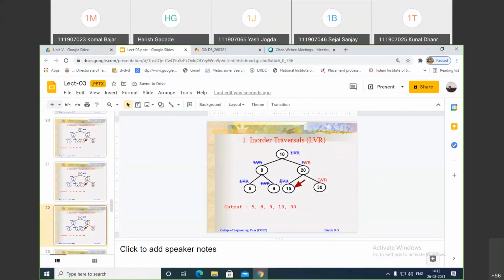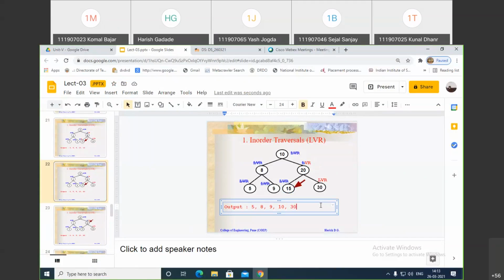And after completing these 3 steps, this pointer will go back to this. So you can see here, this pointer is here, right? Now at 20, one step is completed, 2 are pending. So the second step is V. Sorry, here also I need to complete this. Sorry for this, I just copied this, that's why.